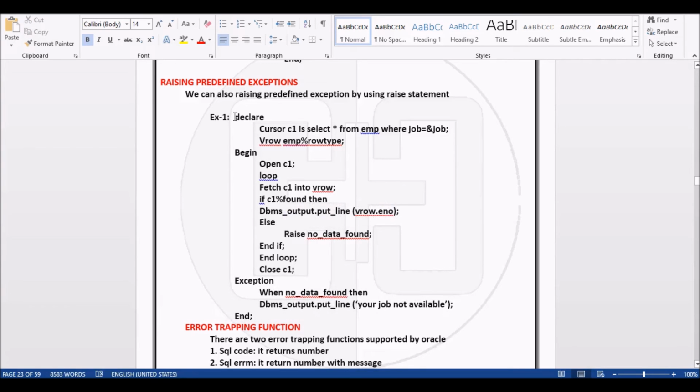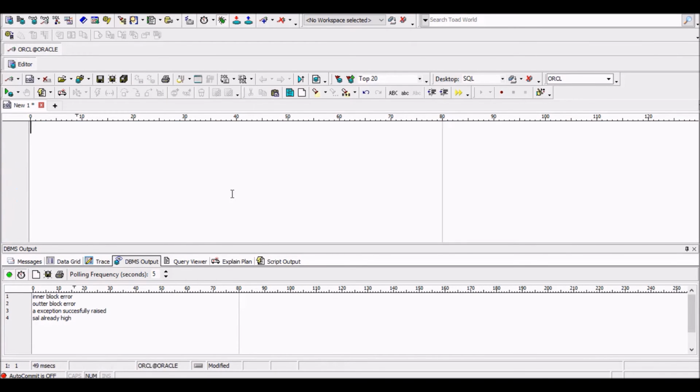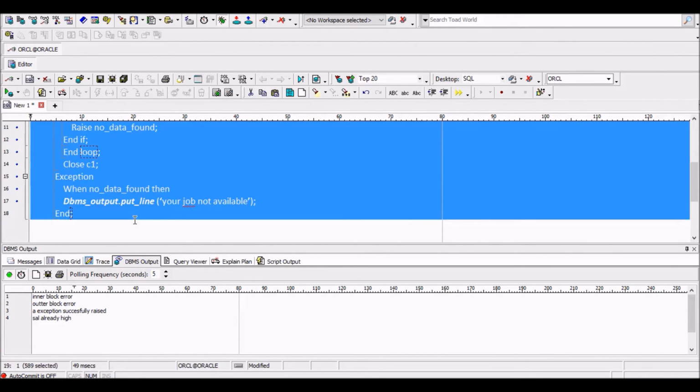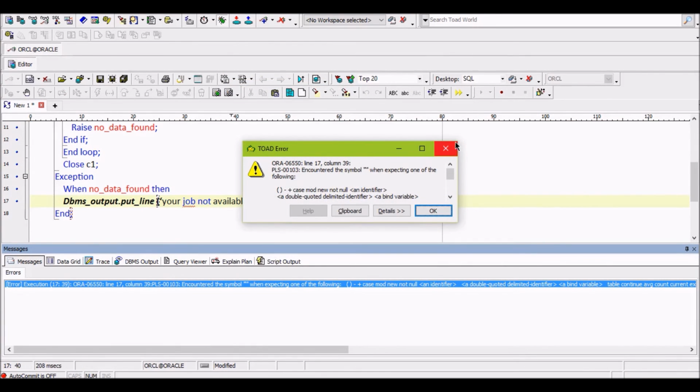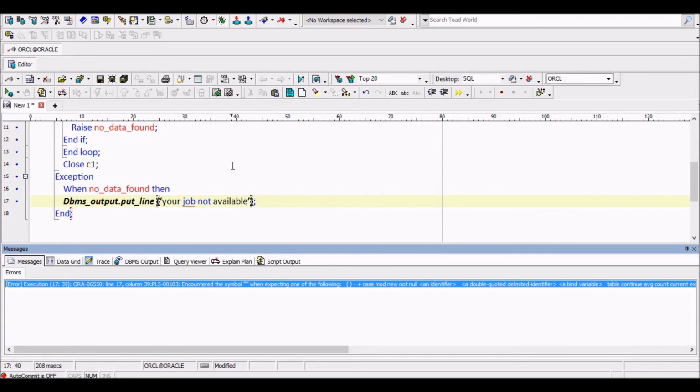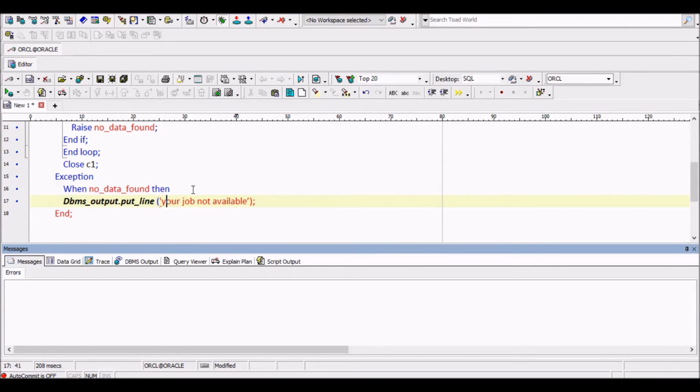Okay, let us copy this and paste it here, Control C. So what I want to do is, as clerk, suppose. These are common errors you will find.